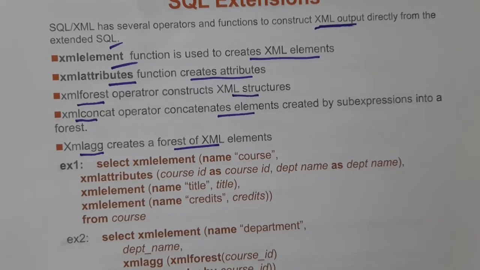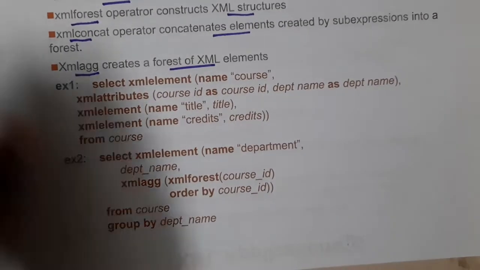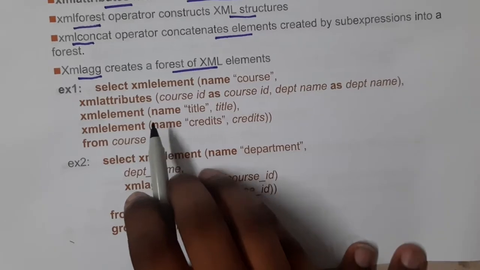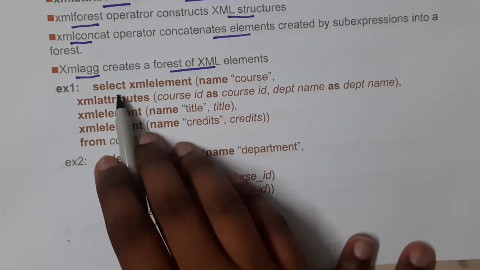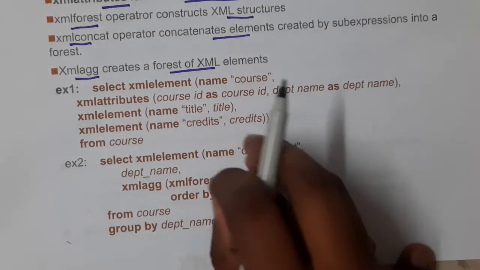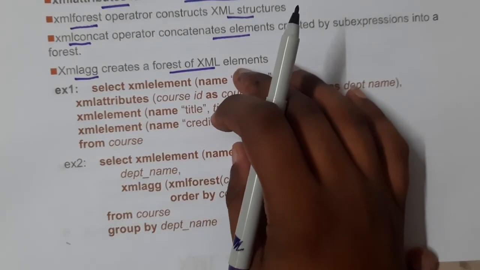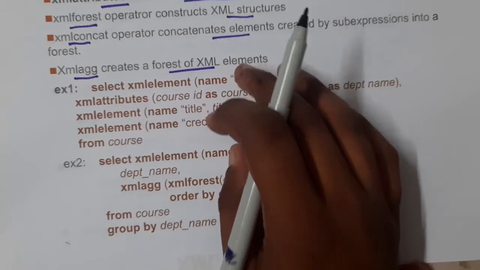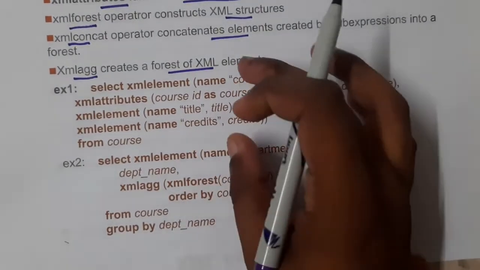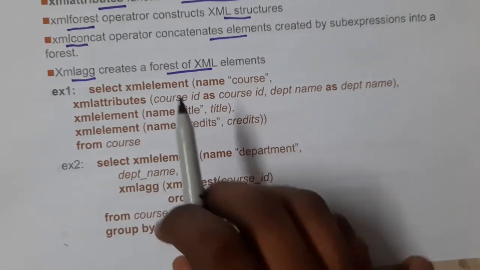Extensions are nothing but some kind of additional features or additional functions which you can add to your particular code. If you recall, the SQL code will be in this way, guys: select star from course. Everything which is inside the course will be printed, right? In a similar way, in SQL we used to do it that way, but to get data from an XML file, we can do it in this way.